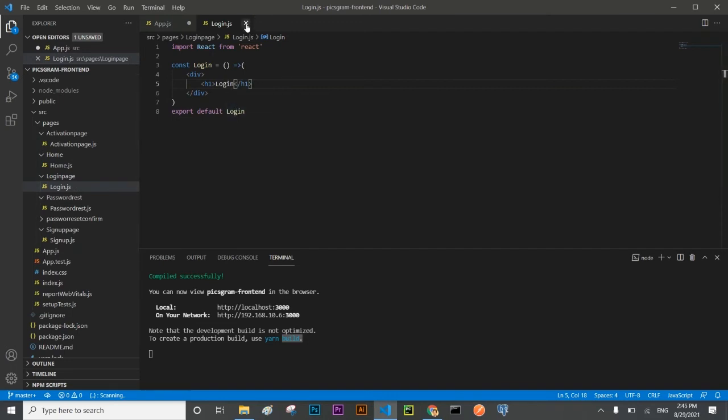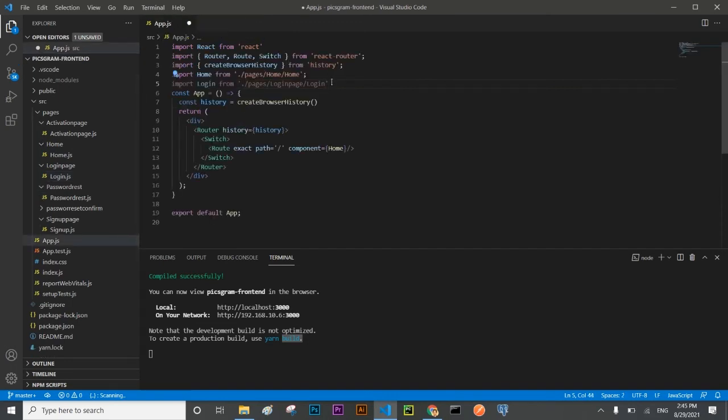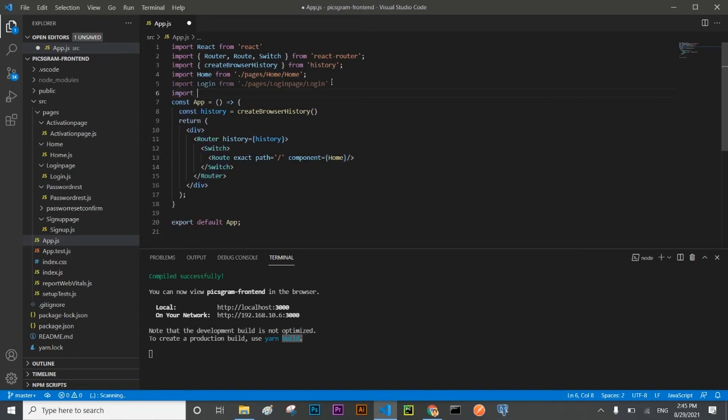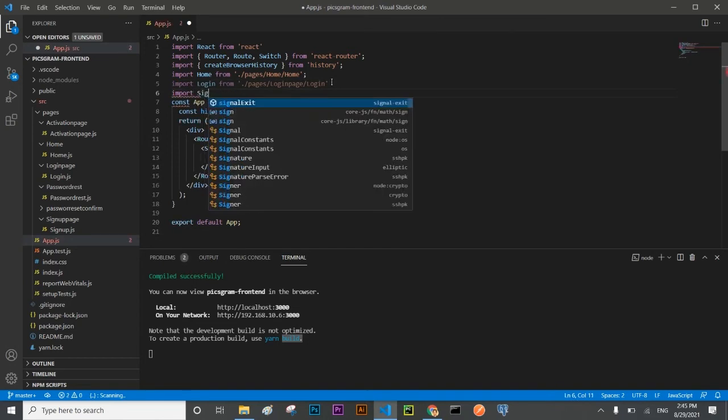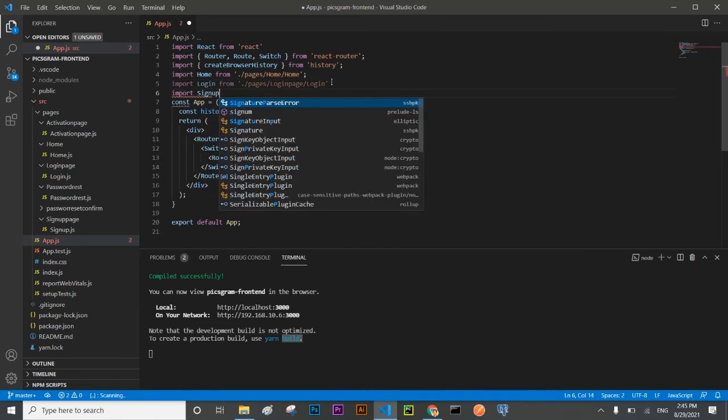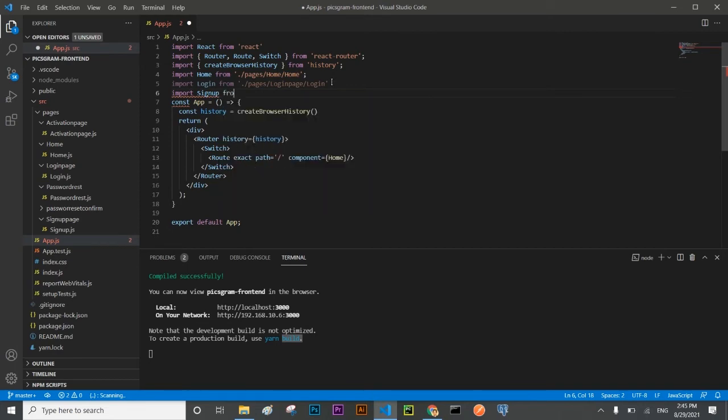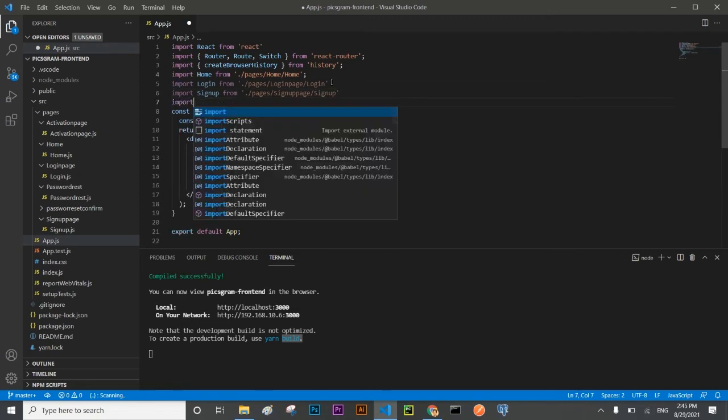Yes, this is the page, and after that I'm going to import sign up from sign up. Similarly, import